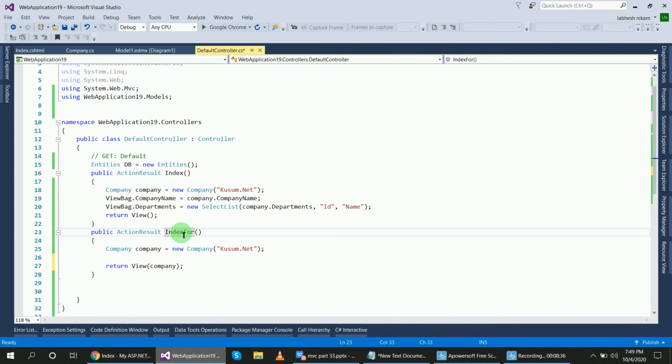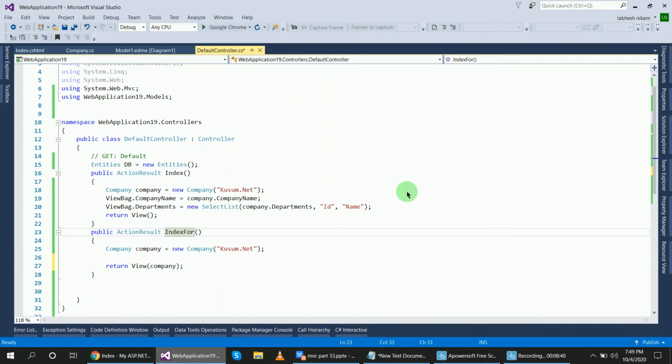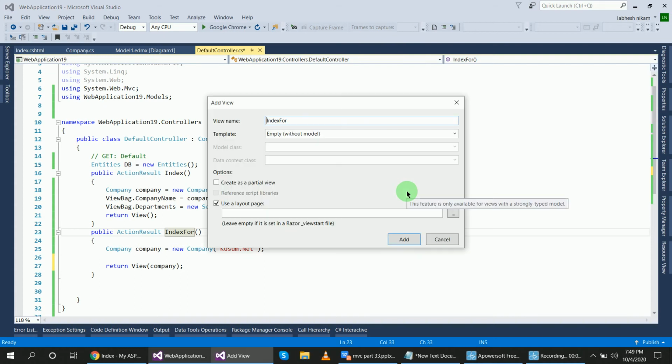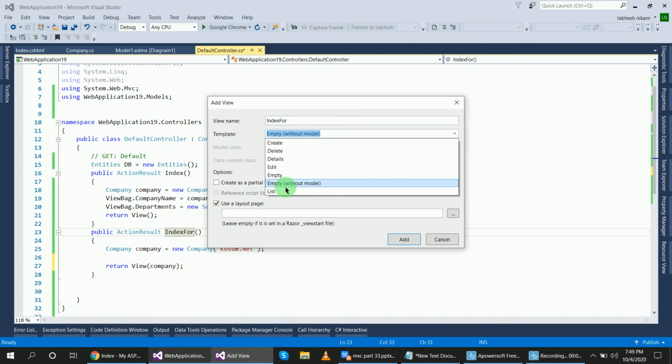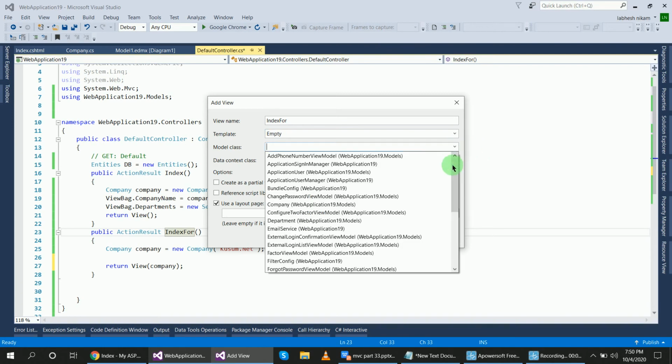And when I create the page for it, I will generate the model, select List or Empty. And here, what is the company?